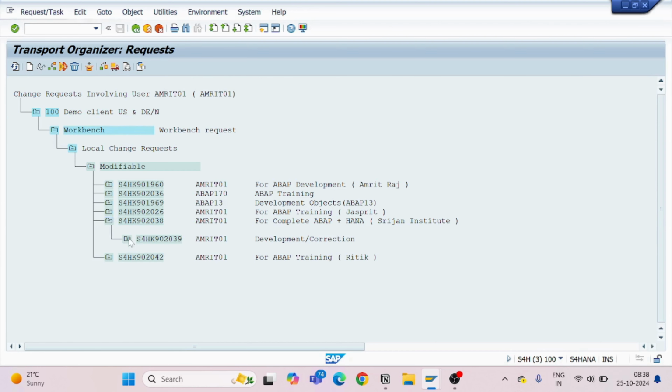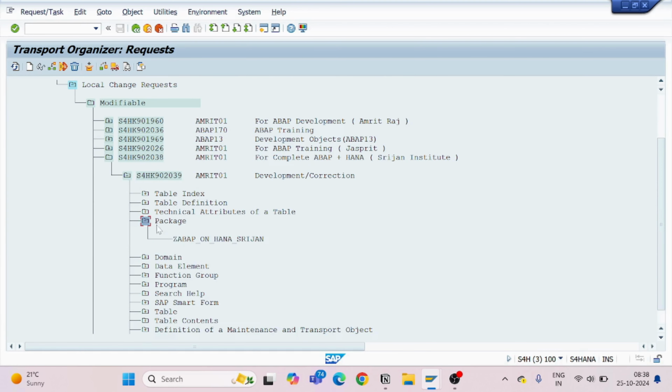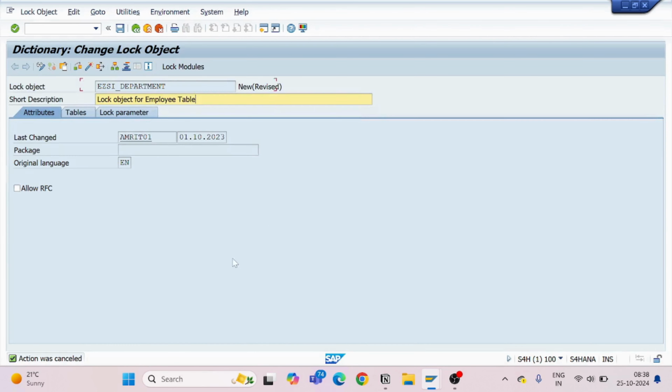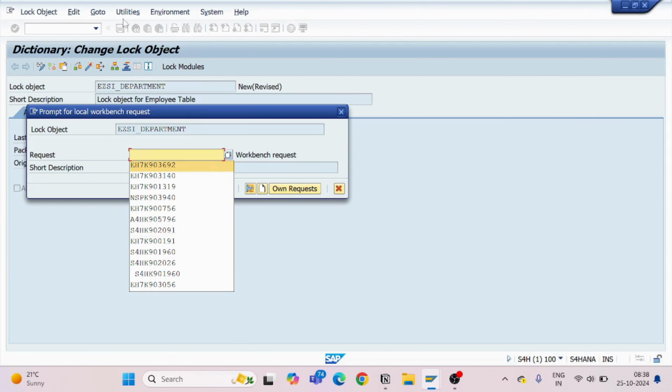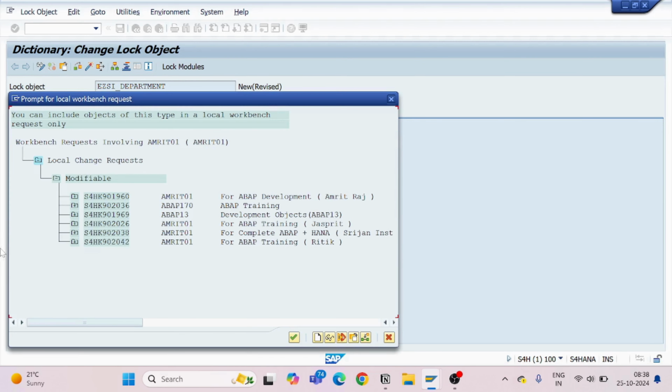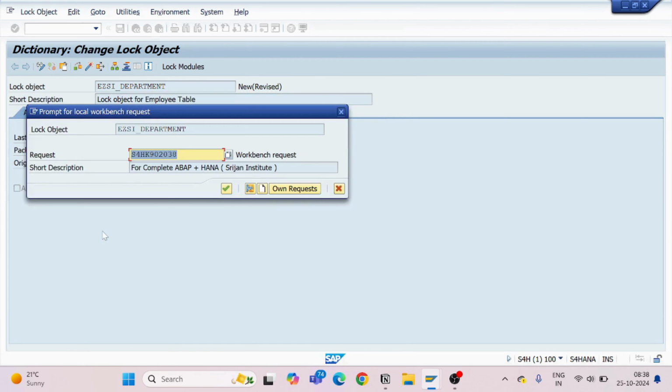Yes, now open this transport request. We will go to package, and I will copy the name of my package here. Click on the save button, assign the package, and the transport request will be 38. Click on the OK button.